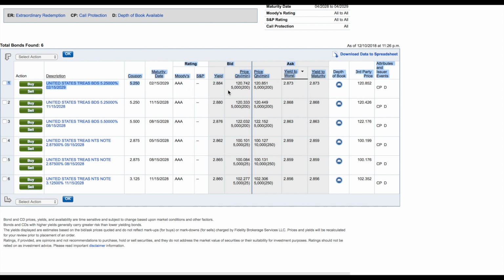If you look at the price here, this price is $120. That means I'm going to get 5.25% of $120 each year as interest. Because the coupon rate is higher than the yield, this bond is selling at $120, and that's considered a premium. In other words, we're paying more for this bond because the coupon is paying higher than the current